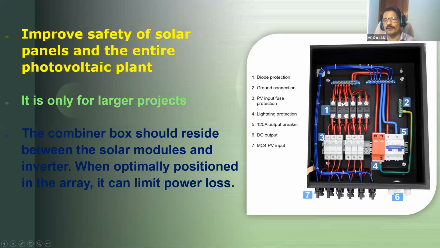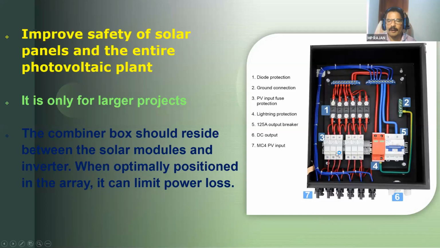So here in the figure you can see the various parts of the solar AJB. These are the inputs, you can say MC4 PV inputs. From the solar module, solar string DC supplies are coming. Different strings we have already discussed. अब हम लोग string क्या है, module क्या देखा हुआ. तो हर string से supply आती है, positive and negative. So these are the DC inputs, MC4 PV input.